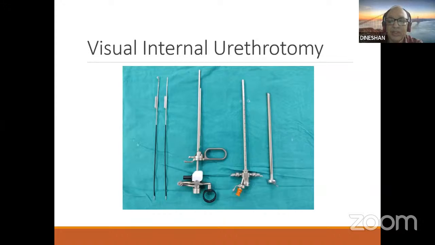The components: this is the working element, the passive working element used for the TUR set. You can have either a single stem or a double stem, and depending on that you can have the knife also. These are single stem knives. You can have a double stem knife also. These are the common types of knife you use.